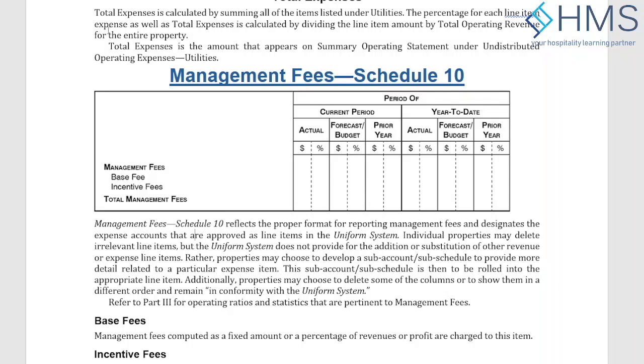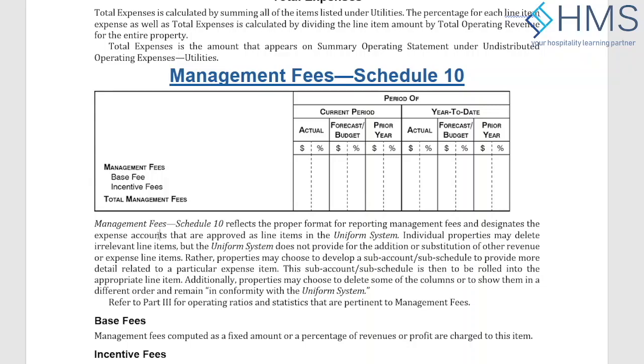So that's the total utilities expenses. Then after that you will calculate the GOP. If you see your main P&L, you will have all the departments. Then you have gross operating profit before management fee, and then you will calculate the management fee, and then you will have a gross operating profit after the management fee, right? You calculate gross operating profit before management fee because you have to calculate the management fee based on the GOP, right? Sometimes the management contract will have a base fee and an incentive fee. The base fee will be fixed on revenue, and the incentive fee would be based on the profitability of the hotel.